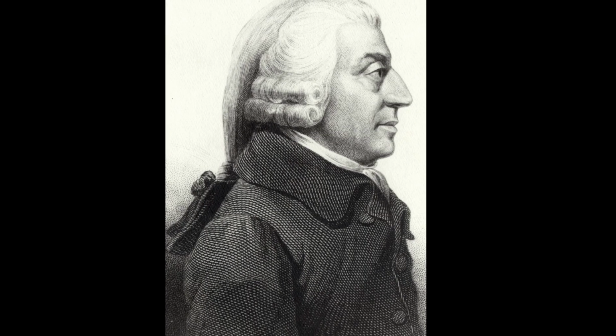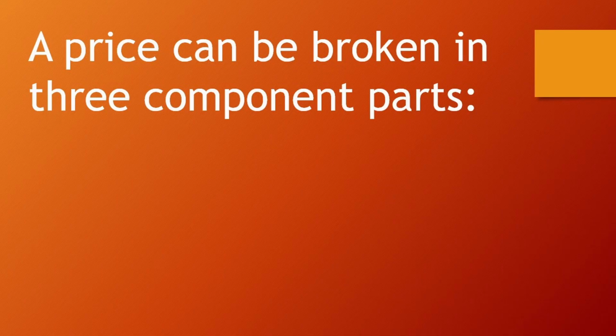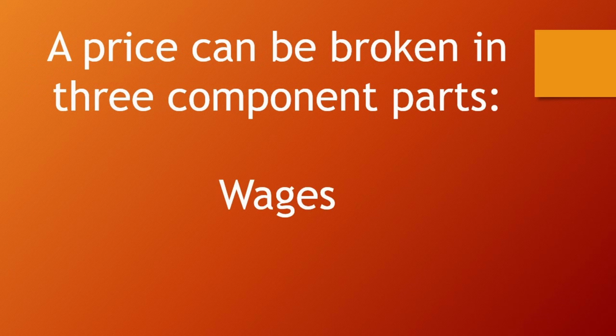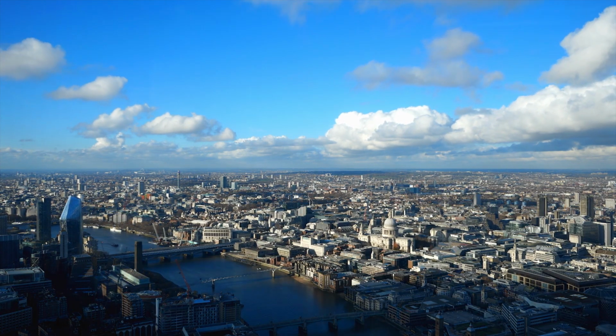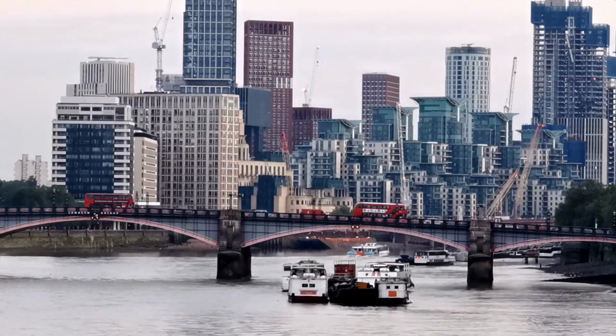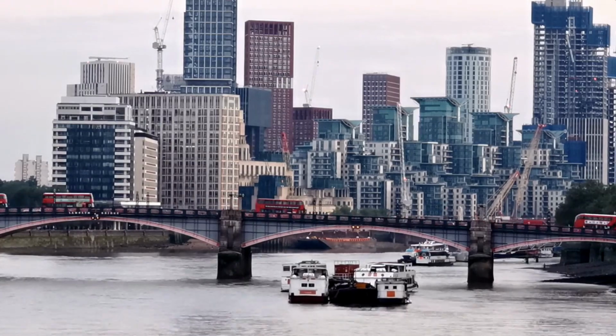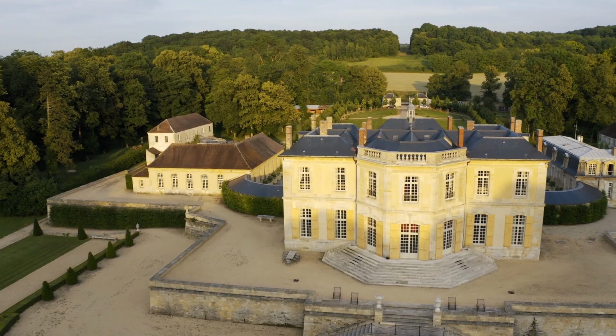Smith starts by referring back to the idea in Book 1 that the price of a thing could be broken down into component parts of wages, profit, and rent. Likewise, the annual produce of a country can also be broken down into those parts, since it consists of all the products of the country combined. He then distinguishes between the net revenue and gross revenue of an estate or a country.